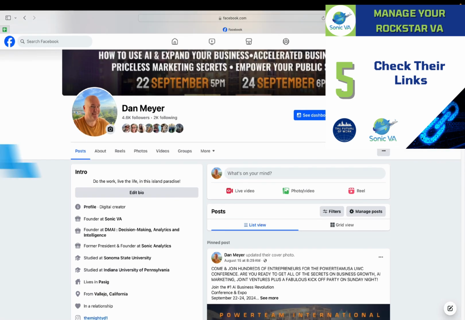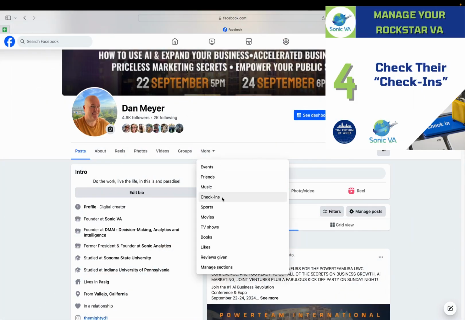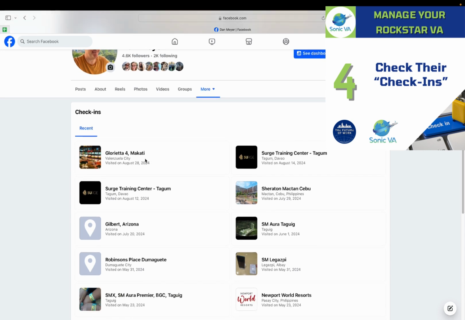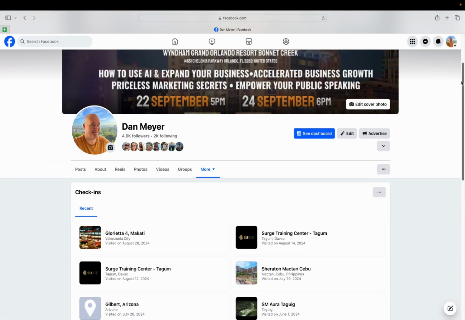And then you can also look at check-ins, right? Most people don't put it private. You can see where I'm located. So as of a couple days ago, I was in Makati in the Philippines, right? So you can see that basically